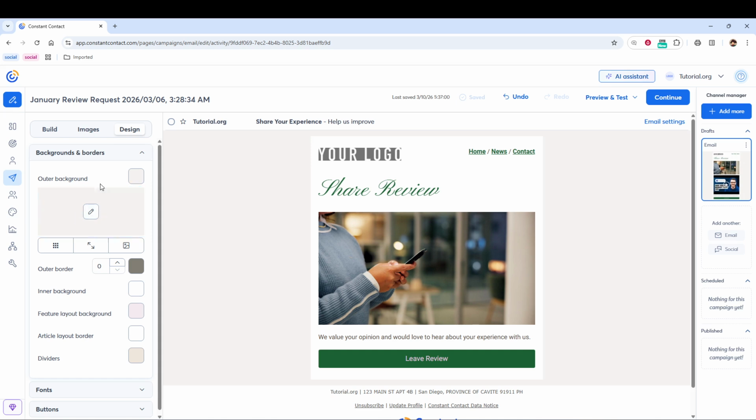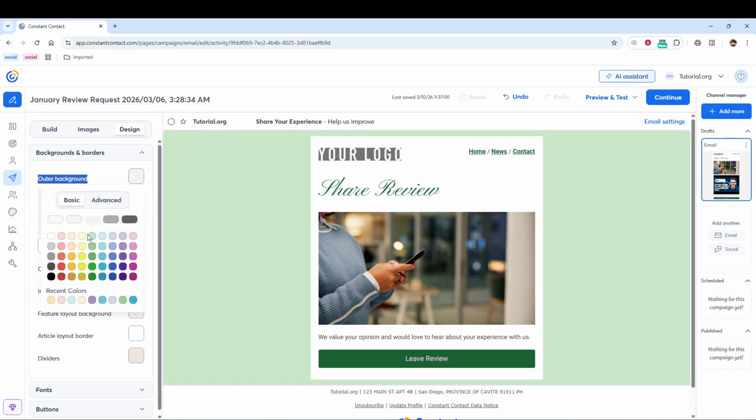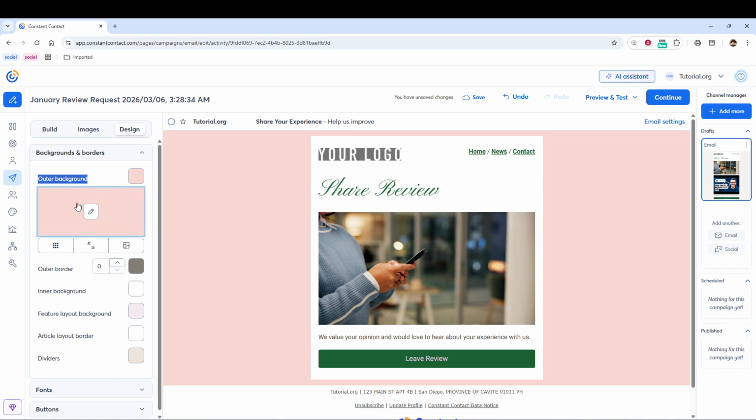Now you will see two important color pickers, outer background and inner background. Start with outer background. Use the outer background color picker to change the area outside the email body. This is the space that frames your email, usually visible around the main content container. Choosing a subtle neutral color here can make the email body stand out and can help the design look clean